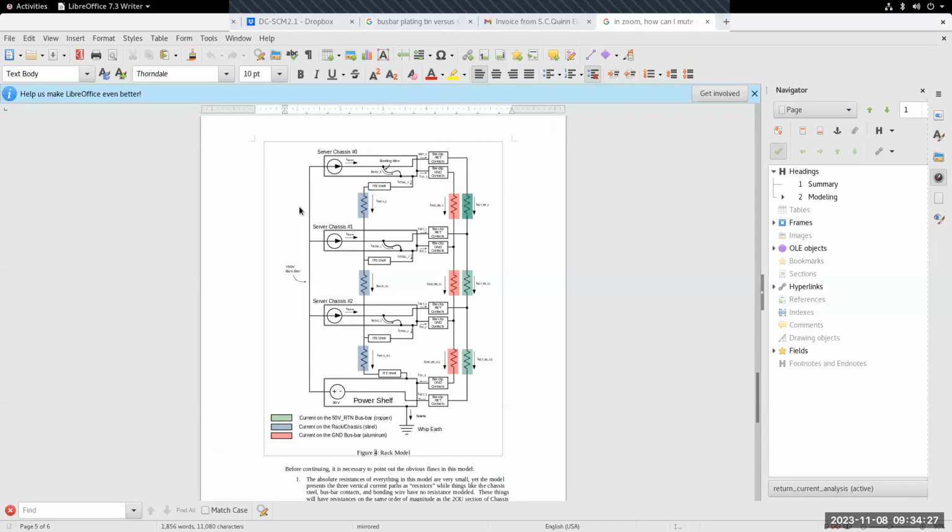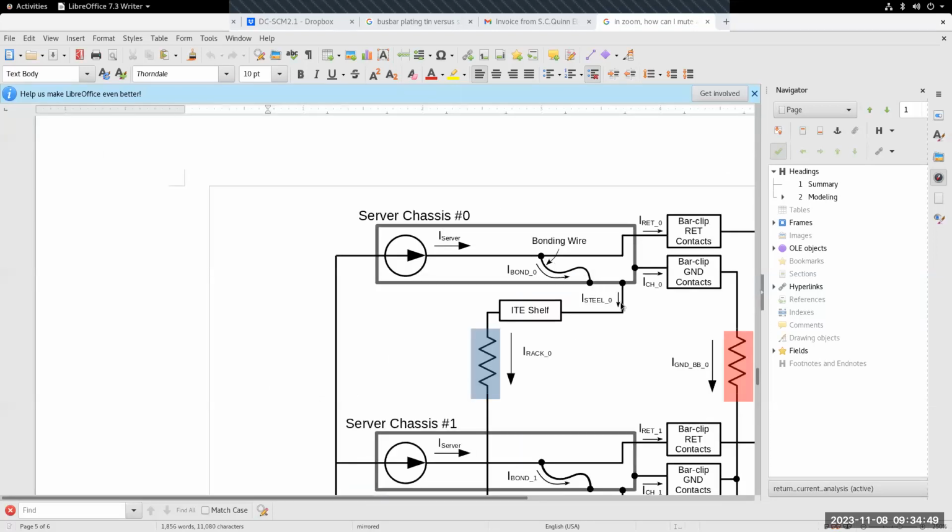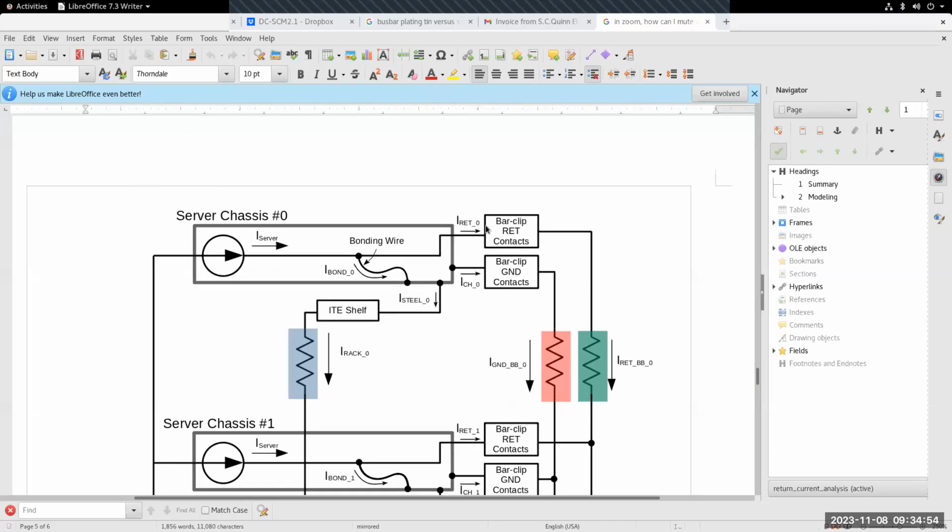and I'm showing a rack with 3 servers, and I'm modeling the return current from each server as a current source within the box. And per what I've seen from presentations from Meta, if you're bonding the chassis to the return line, then that return current can go, like I said, in one of 3 ways. It can go down through the steel of the rack. It can go out the return bus bar, which is where we would most want it to go, but it also can get onto the chassis and down the ground contacts.